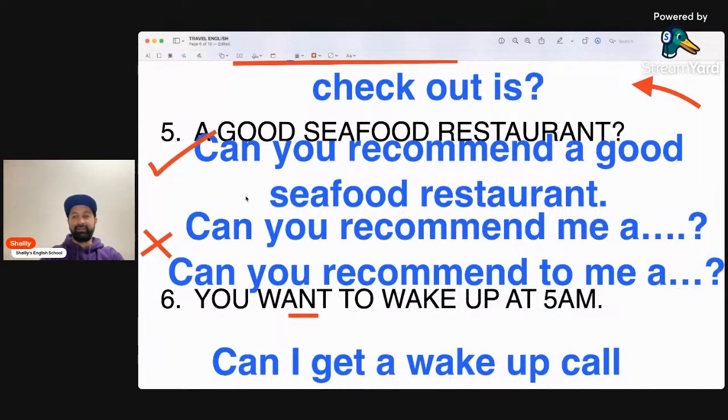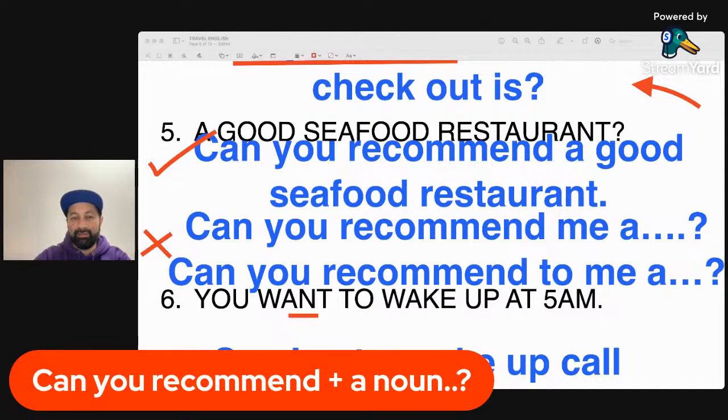So in this situation, the pattern that we are doing, how are we making this sentence? What you're doing is, can you recommend, and then a noun.